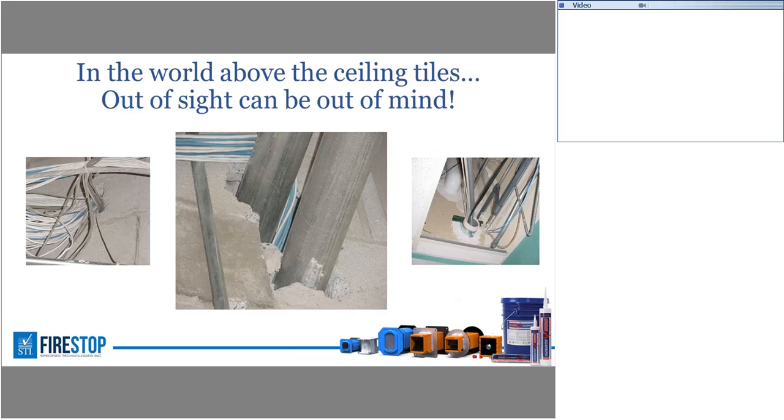So in the world above the ceiling tiles, out of sight, out of mind. We hear that all too often. And while you see these types of pictures, I've got tons and tons of these types of pictures. The one in the center shows a conduit passing through a block wall assembly. And nowhere in any requirement does it state that the opening has to be perfectly round when you're making a pipe penetration. But there are parameters associated with the space